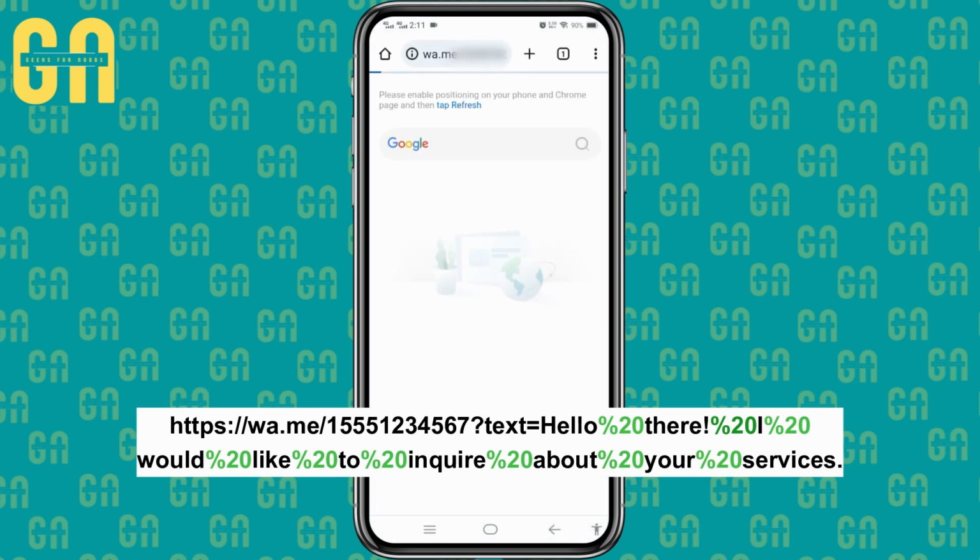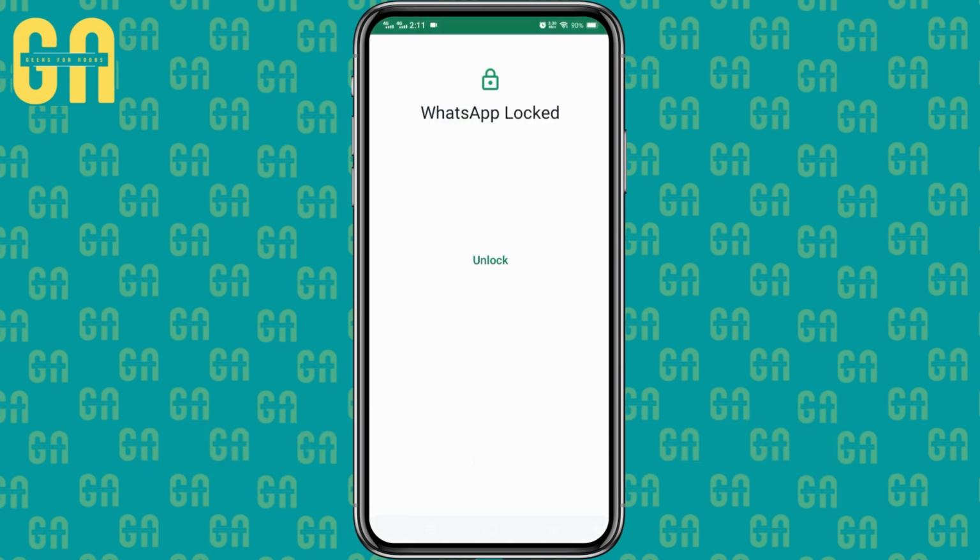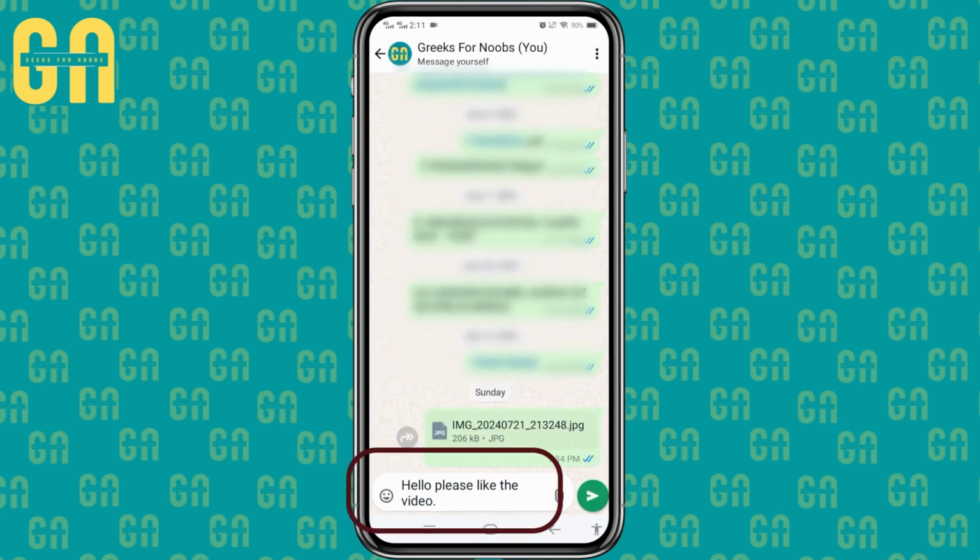Copy the link you've created and paste it into your browser to test it. It should redirect you to a WhatsApp chat with your number, either opening the app or the web version. Now, you can share this link anywhere, on your website, social media, email signature, or business card. That's it. You now have a custom WhatsApp link ready for easy